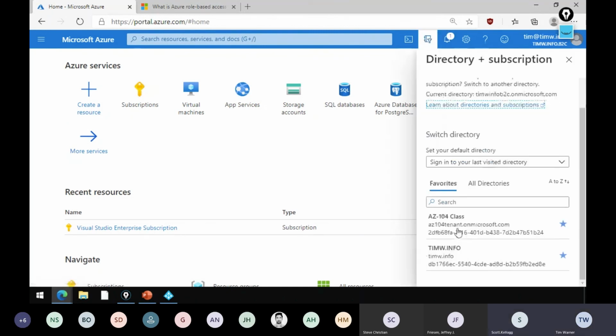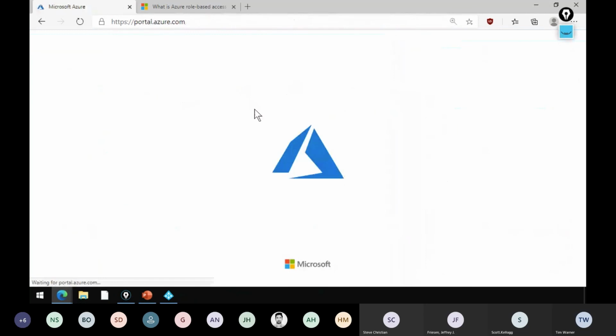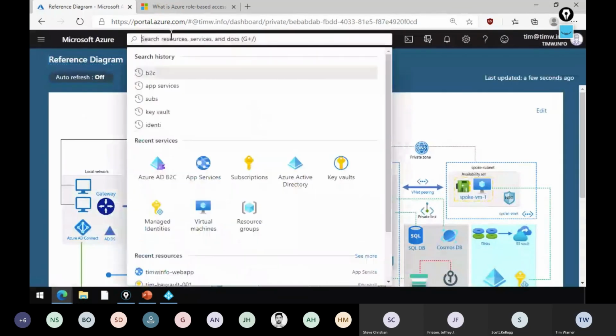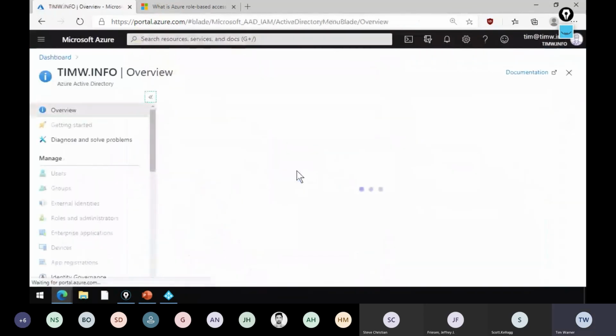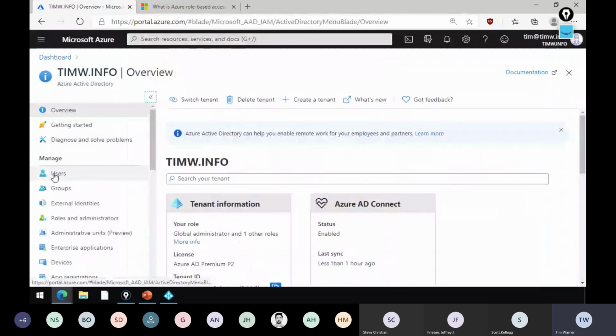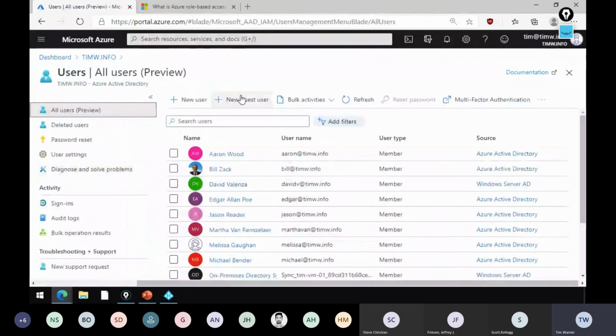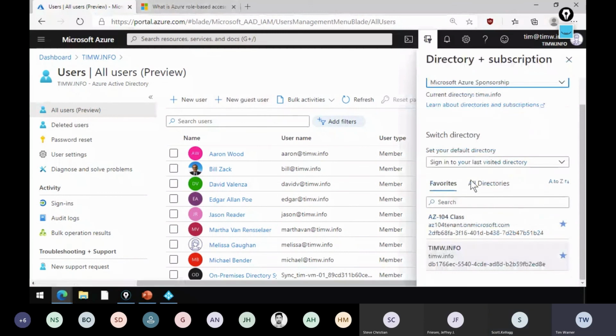Okay, let me go back to my home tenant. If I understand you, when you say external identities, are you referring to users who come in as guests? No, back on that previous screen, there's a separate blade called external identities. Oh, okay. Let's go back to the B2C tenant.